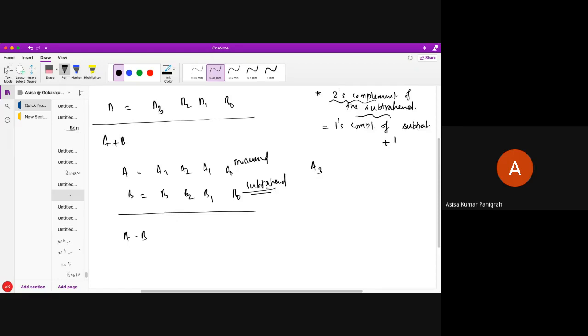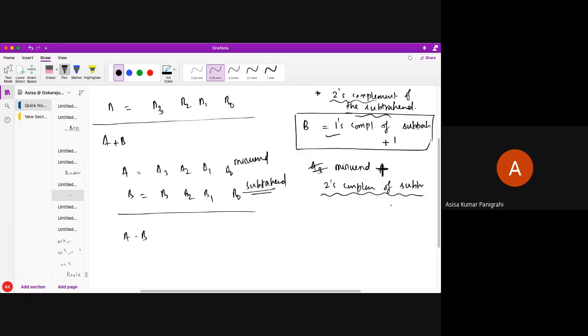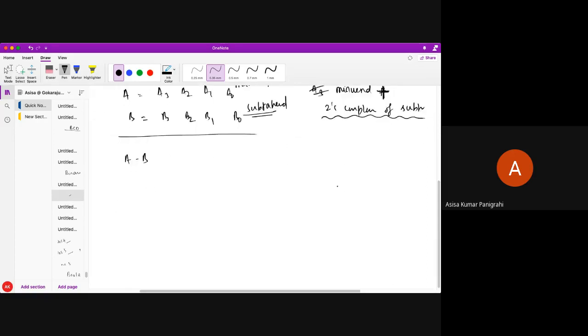For what input do I have to do this? For the B input I have to do this. So the B input must be expressed in this form, then I can add it up. The next procedure is what? I have to add this 2s complement of the subtrahend with the minuend. Next is minuend plus 2s complement of the subtrahend. Am I correct? So in order to perform the addition operation with the minuend, I need to take the 2s complement of the subtrahend. So how do we now get the 2s complement of the subtrahend?